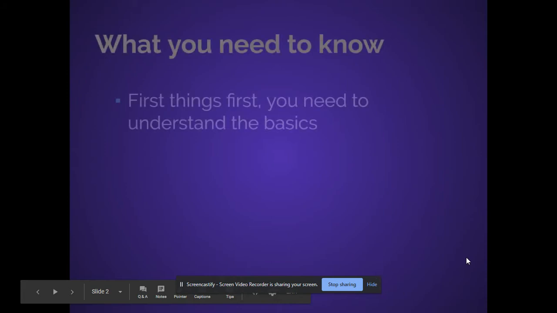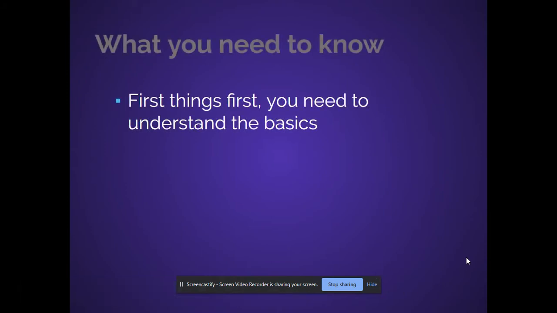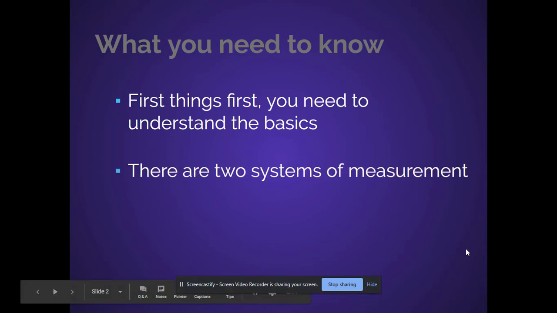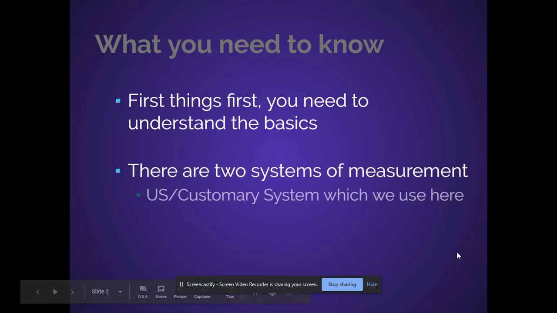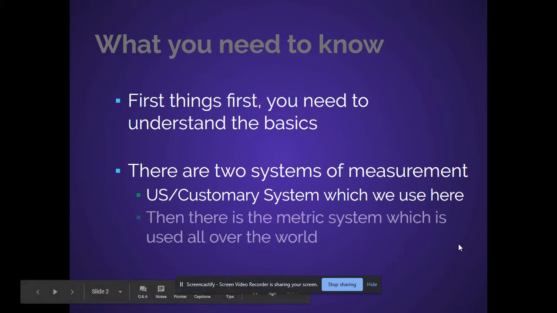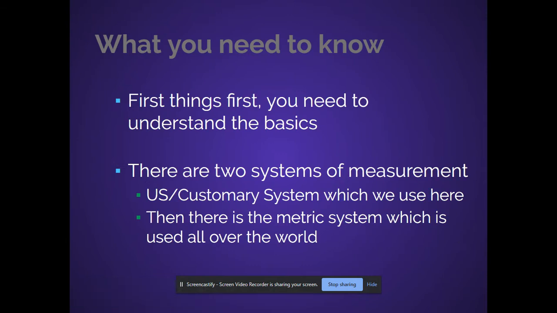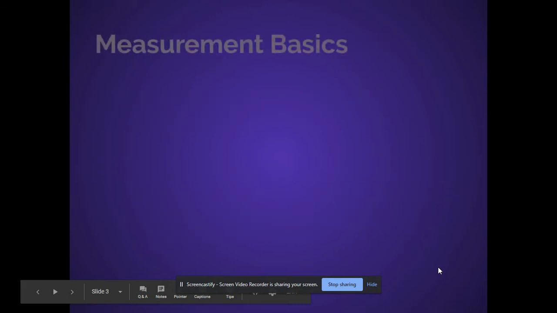So here's what you need to know. First things first, you need to understand the basics. There are two systems of measurement. One is the US or the customary system, which we use here in the United States. And then there's the metric system, which is used all over the world. And we've touched base on the metric system also in science class, because that's where you see a lot of the metric system used in America too. Okay, so